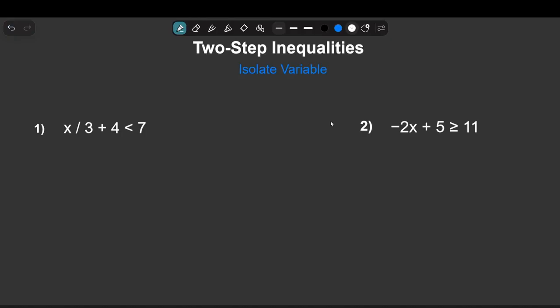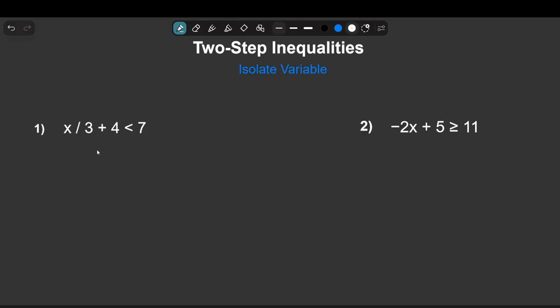So this is very similar to when we solve the two-step equations. One thing we need to be aware of though, when it comes to inequalities, we flip the inequality symbol when multiplying or dividing both sides by a negative. And we will talk more about this later in the video, so let's jump into number 1,